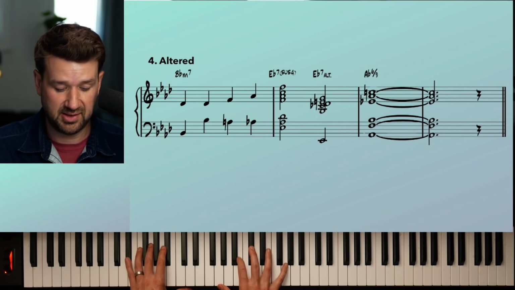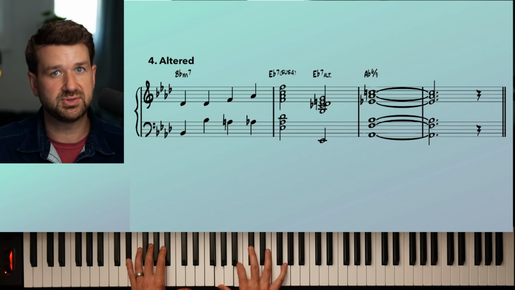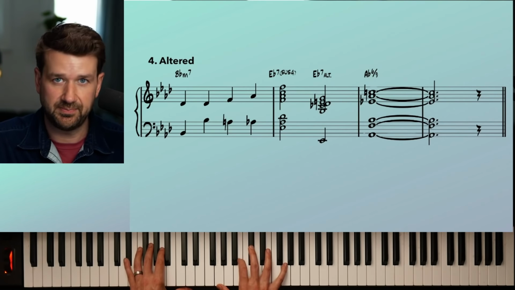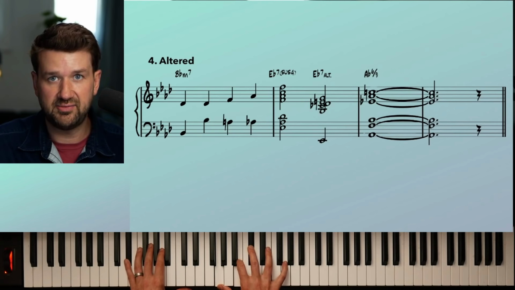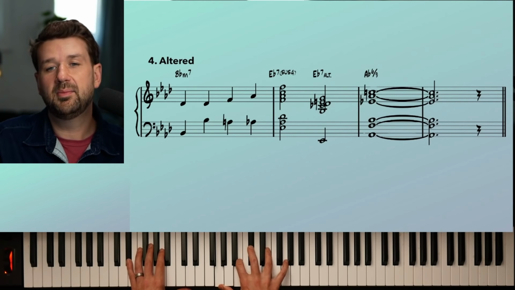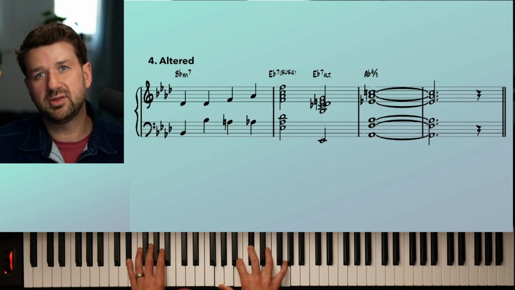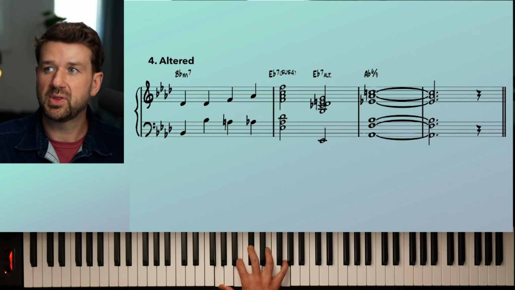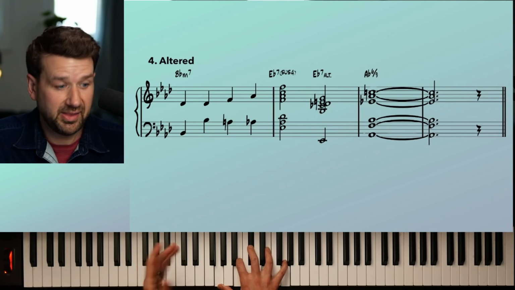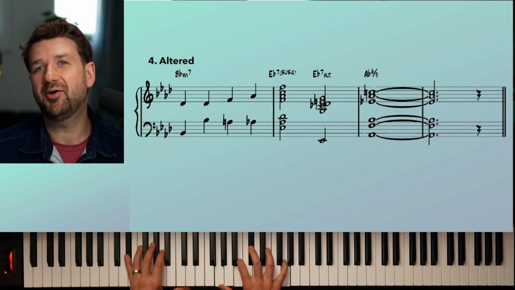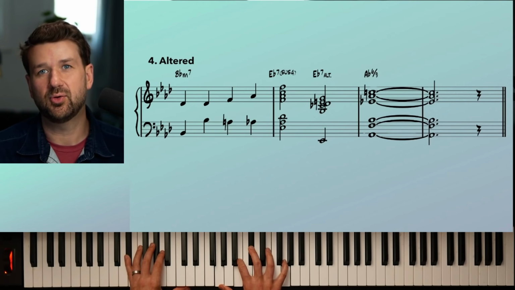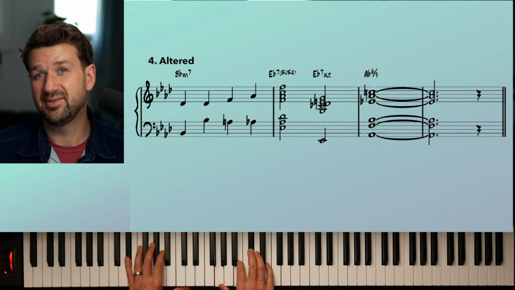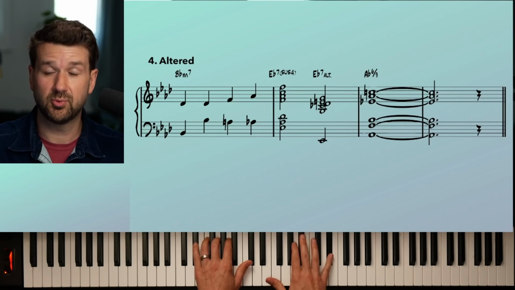This has the third, the flat 13, which is all good. It's an E minor 6 shape. The 7th, right, that E flat, and the flat 9. But the melody note being the third is the problem. You wouldn't really use a lot of altered 7 chords when the melody is the third. Why? Because the altered chord, this altered 7 chord, really shines when the melody is there, even on the root of the